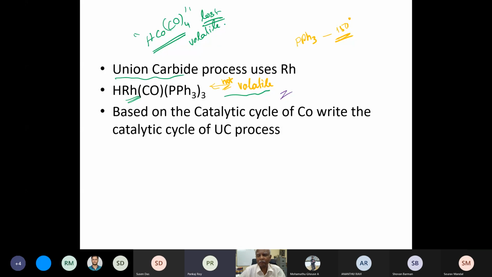Sir, does that here also depend on polarity of solvent as it was dependent in Suzuki reaction? Not Suzuki reaction. You're talking about the Heck reaction, sorry. Heck reaction. Yeah. No. In these cases, the polarity of the species are not very large. All the species are reasonably non-polar. So there is no polarity involved. Okay. Let me not say that, because in that case also they are not terribly polar.